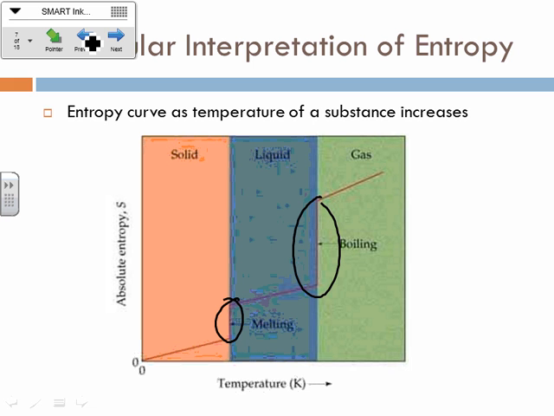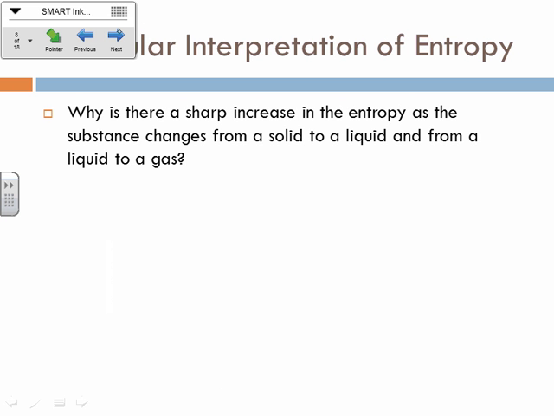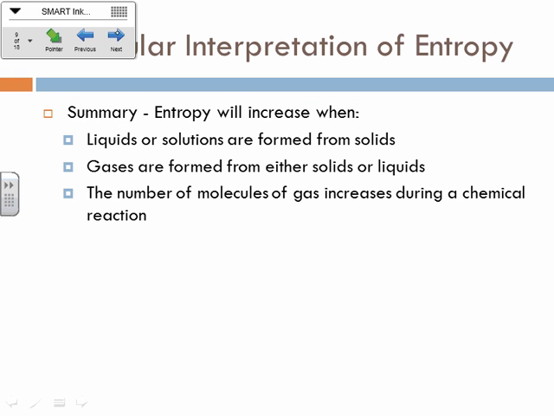Okay, so there's actually this point right here where this thing melts, where all of a sudden these molecules have a much greater degree of freedom, right? They are much more easily able to move around, and their movement becomes much more random. Okay, so the entropy increases a little bit as you increase the temperature, but those phase changes, that's what really, really increases the entropy, because now these molecules are much freer to move around. Okay? Hopefully that makes sense. You can put that in your own words. Again, I'm trying to go pretty fast today.